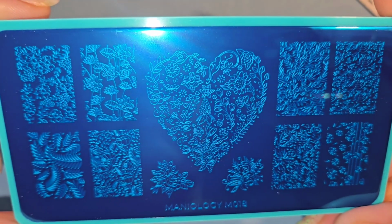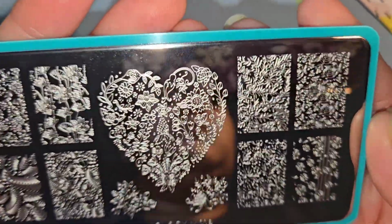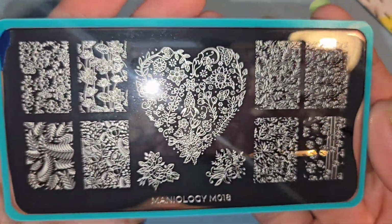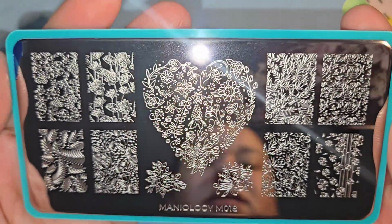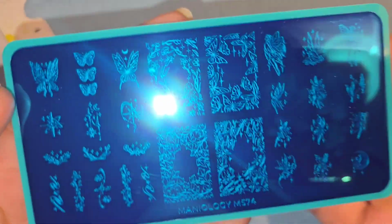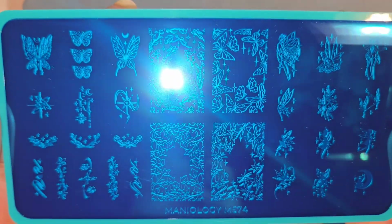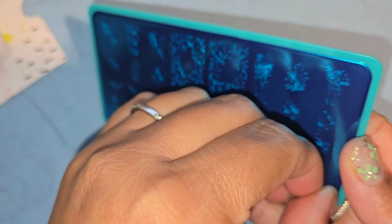But I really like florals. I don't know why, I just really like them. So here is the plate. Very pretty. I love all of them. I really like this plate. Okay. And this was one of their newer plates. This is the M574. I don't remember what it's called, but